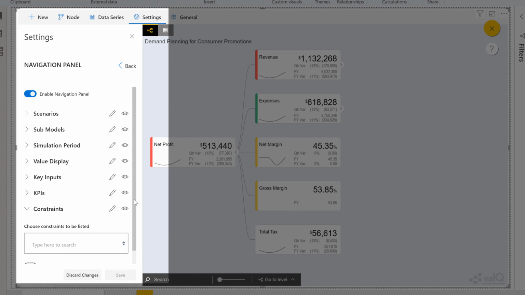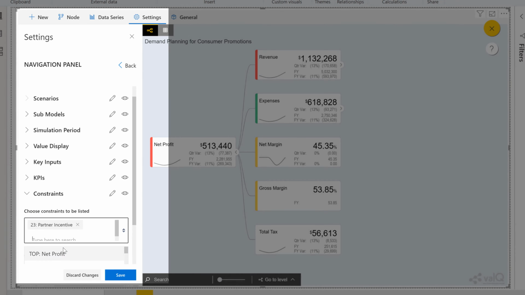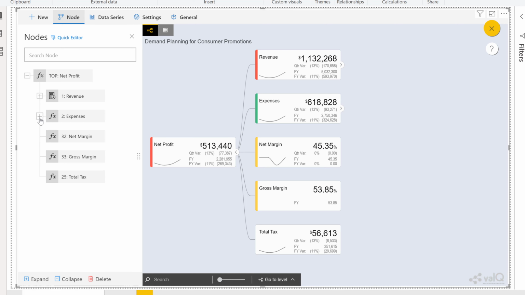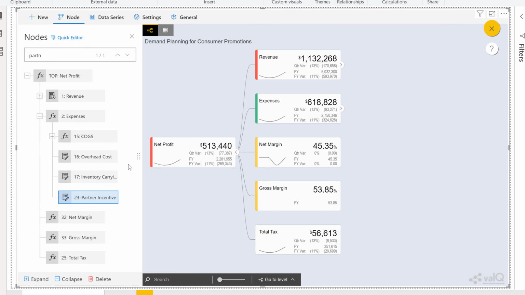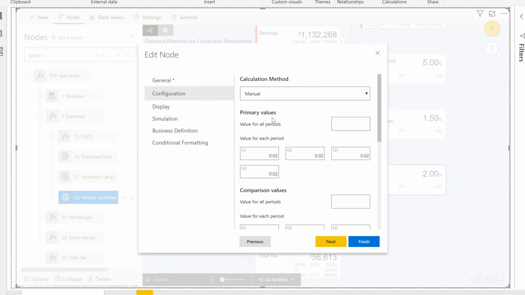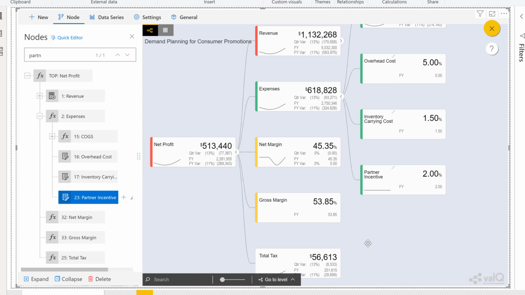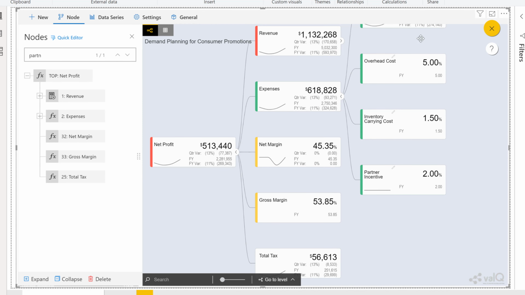Let's go to settings, nav panel, constraints, and fetch in partner incentive, which is my constraint node. And when I go to partner incentive like this, or let's say I search it directly from the search option, I can go to configuration and put in my minimum and maximum value. So that's 1.5% and 3% respectively.